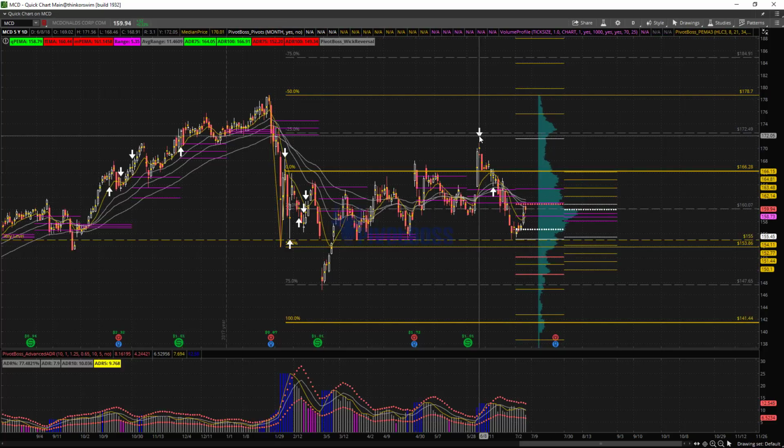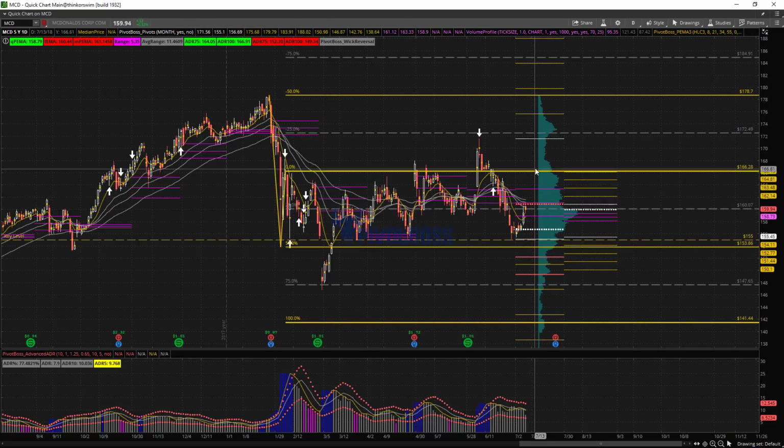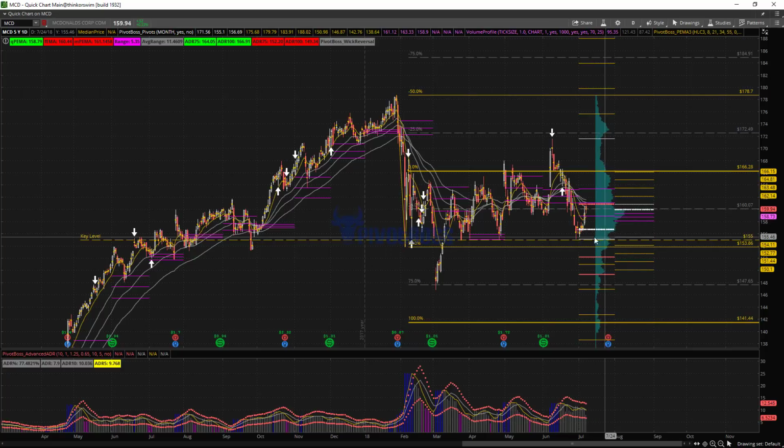You do have that impulse high there with an impulse low, so high probability target at 163.50, but I think 166 has a good shot to being reached in this one. That's just a short-term move, right? So that's a swing move. The next 2 to 3 weeks could be to the upside, as long as price can continue to hold the